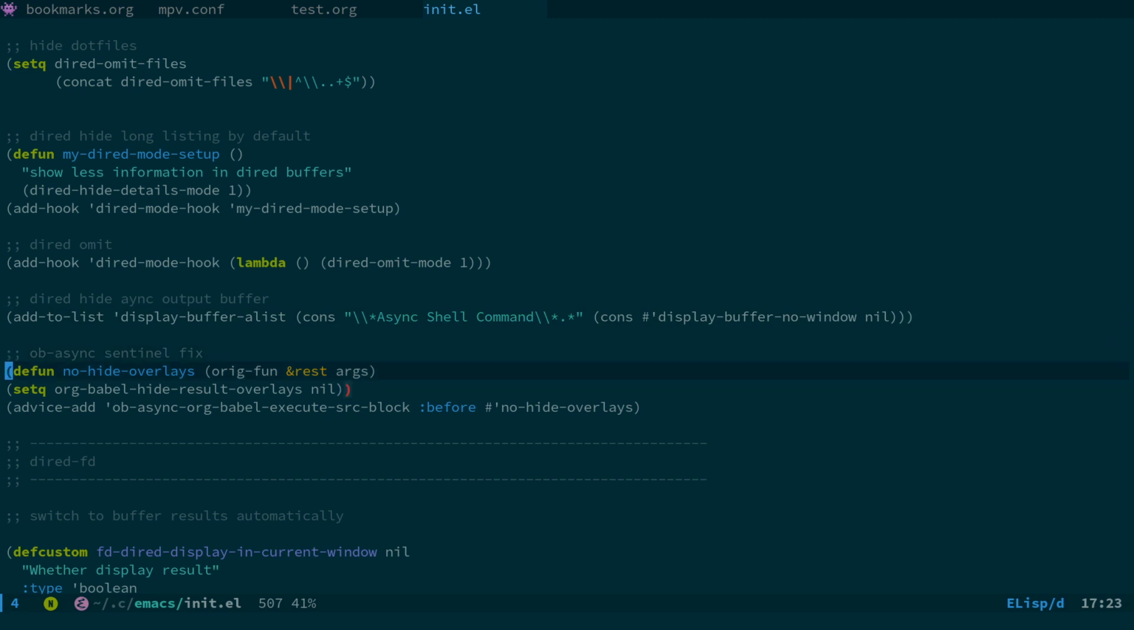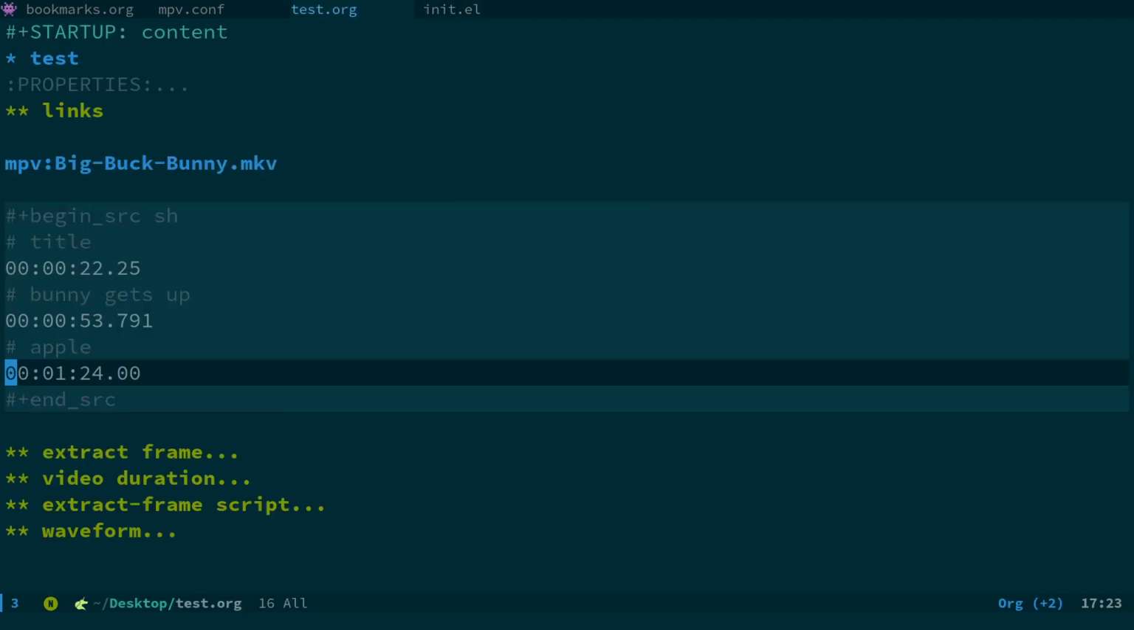Defun no-hide-overlays, org-fun and rest args. Setq org-babel-hide-results-overlay nil. Advice-add ob-async-org-babel-execute-source-block before no-hide-overlays. And basically what that does is fixes an issue with that package not working. And what I'm going to show you here